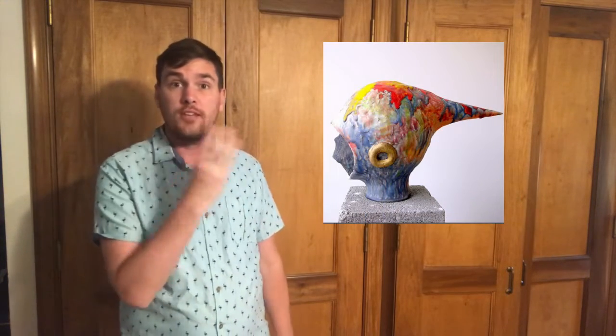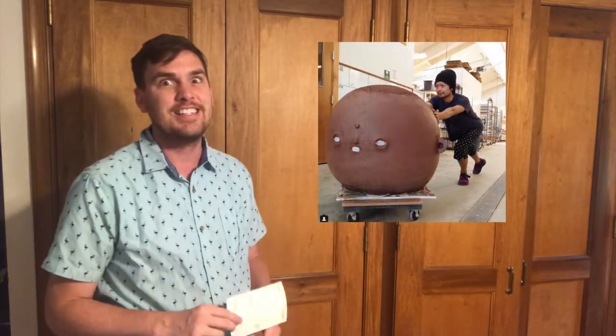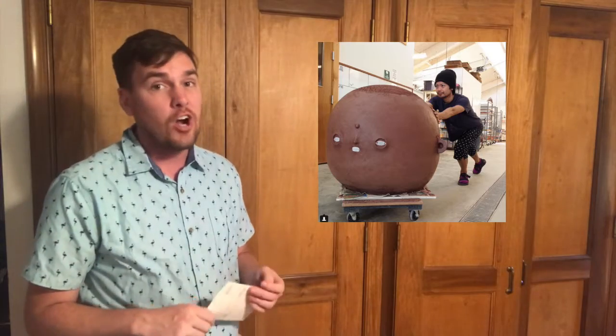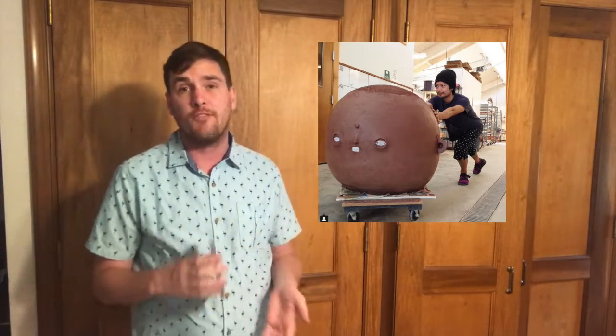So again, if you notice, we're looking at that figurative work that's happening. Now we're going to go to this image of Mr. Iwamura and one of his sculptures right here. This sculpture is a little big, and it looks like it's a little heavy as well, depending on how he's pushing it. These aren't light, small pieces of artwork, and some of them are. You have to be really careful with